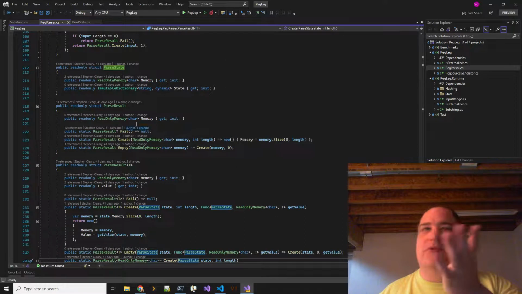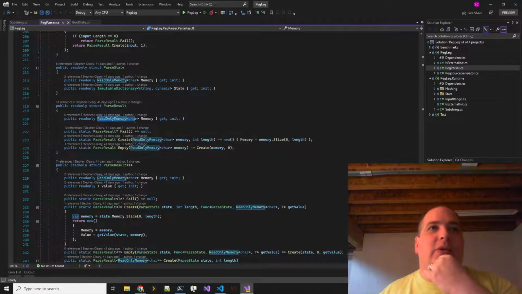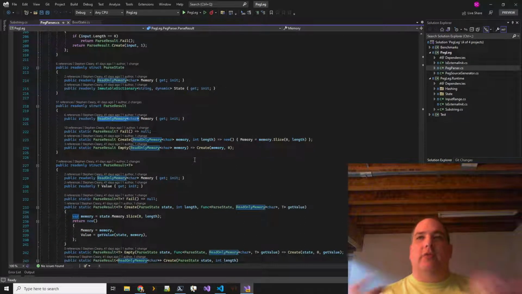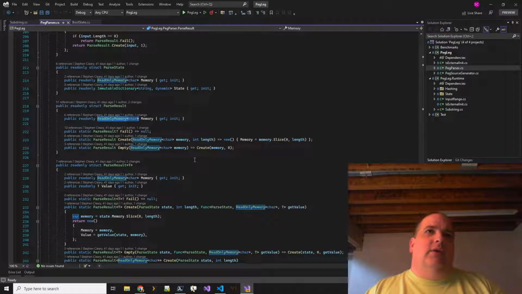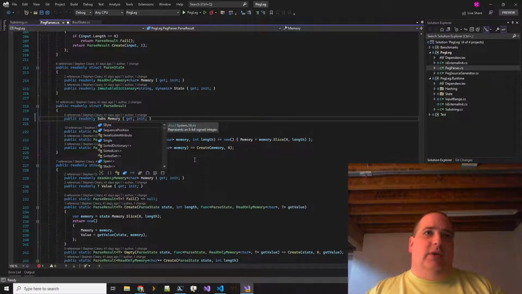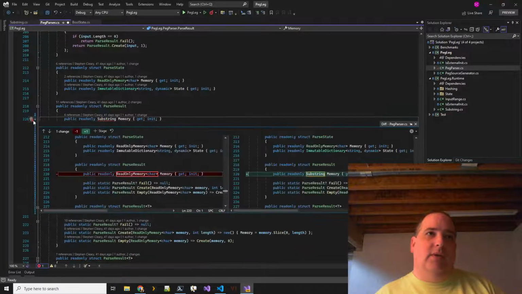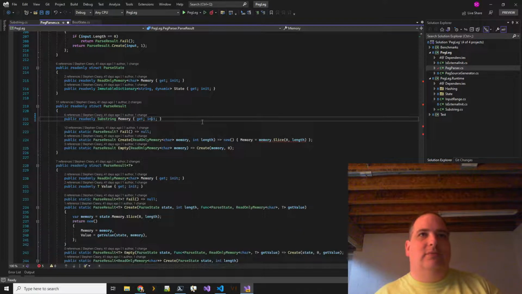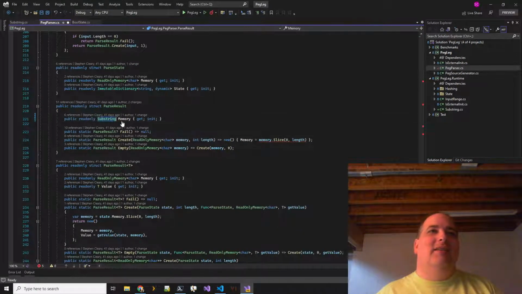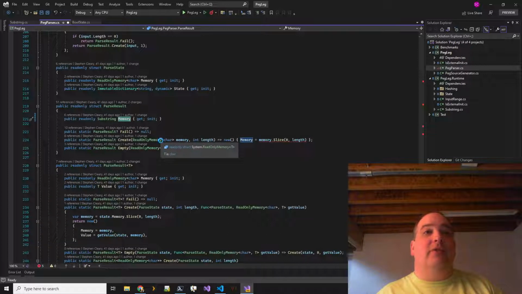So I'm just going to change this real quickly to use substrings, and then we're going to extend this to work with regexes. Let's see, so this is going to be substring, maybe, come on, name this to substring.